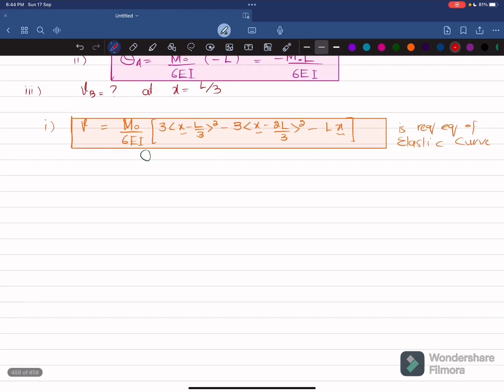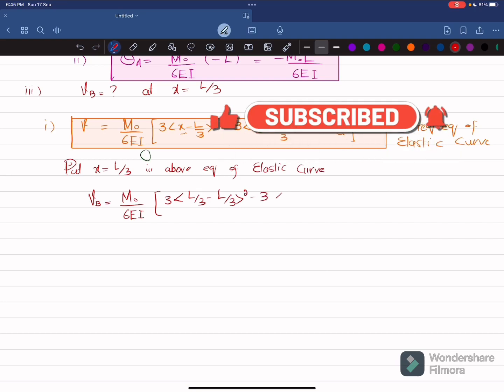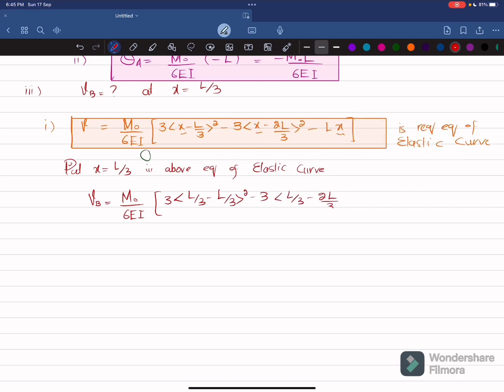Put x is equal to L by 3 in the above equation of elastic curve. You will get deflection at point B will be equal to m naught over 6 ei into 3 minus 3 into L by 3 minus L by 3 power 2 minus 3 into L by 3 minus 2L by 3 whole square minus L by 3 L minus L into L by 3. So it will be equal to m naught over 6 ei, that is deflection of beam, into this term will